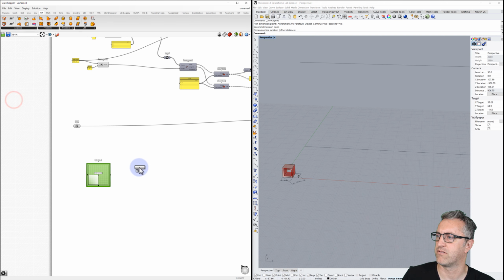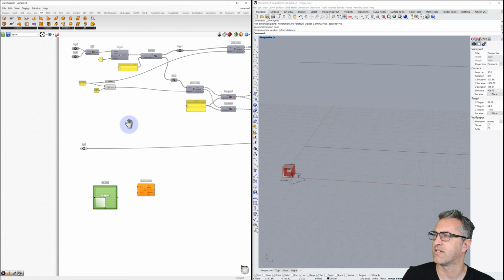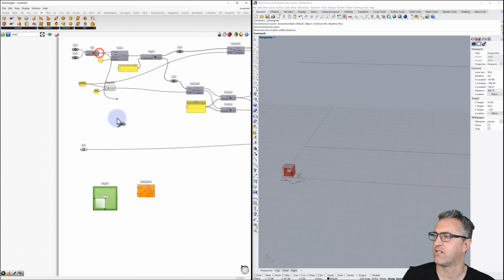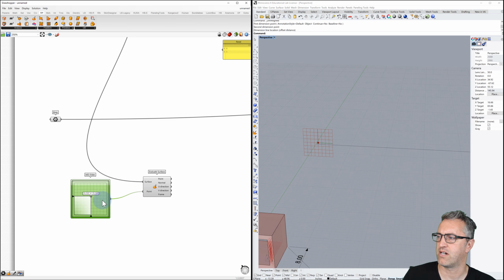And so this is going to require two inputs for us. One, a surface, and that's going to be our lofted surface that we're going to evaluate. And then our point is going to come from the MD slider. As we move this around, what's happening is that if you zoom in, we are on the surface, but it's changing a small amount. And the reason for that is that as it comes to this component,